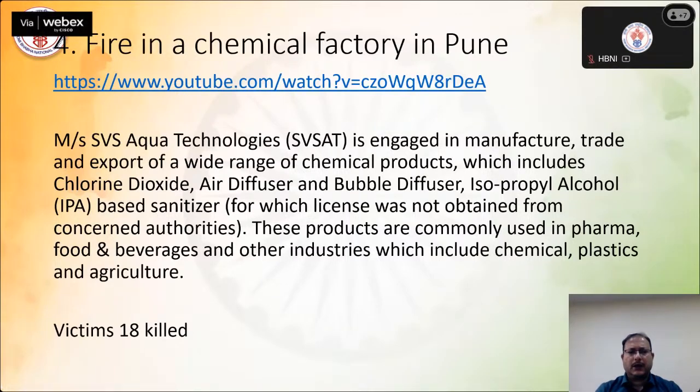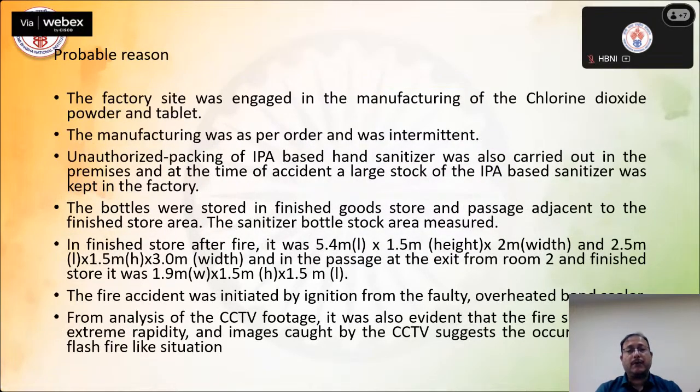And the only issue was that when the incident took place, around 18 got killed. What was the probable reason? Again, it is a big thing that we have to understand, because after the case study is presented to anybody, we have to find out or monitor which type of things is required. So you will easily understand what problem can generally come into the picture.